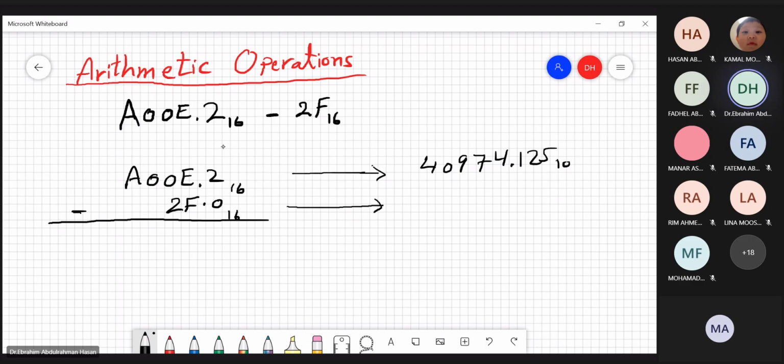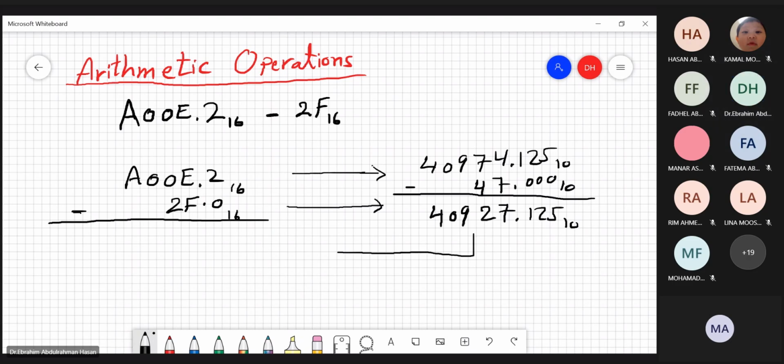This is decimal. And the second one becomes 47, again decimal. Subtract, and it becomes 40927.125 base 10. Then you need to change this one back to base 16,